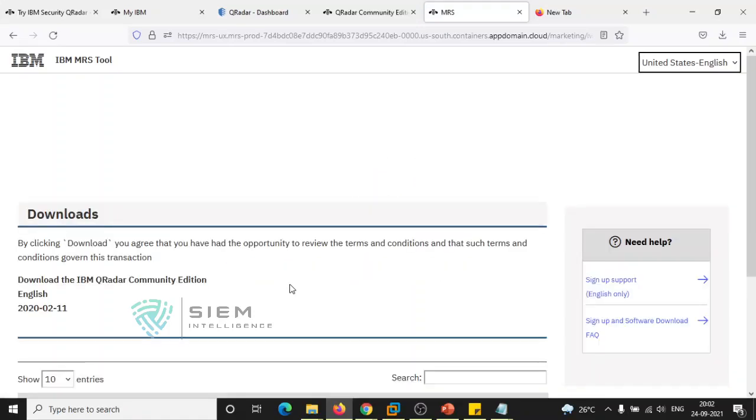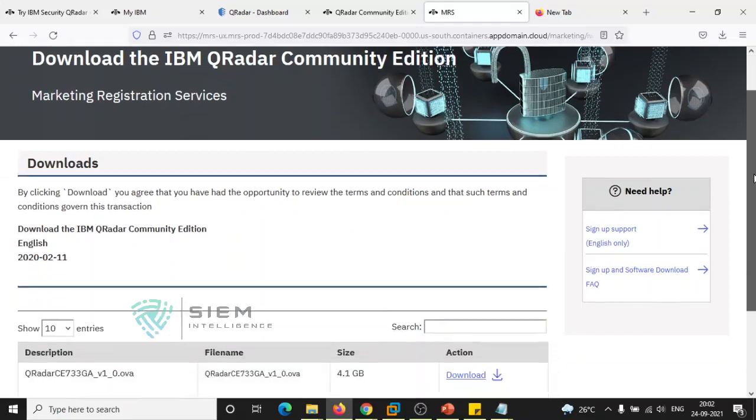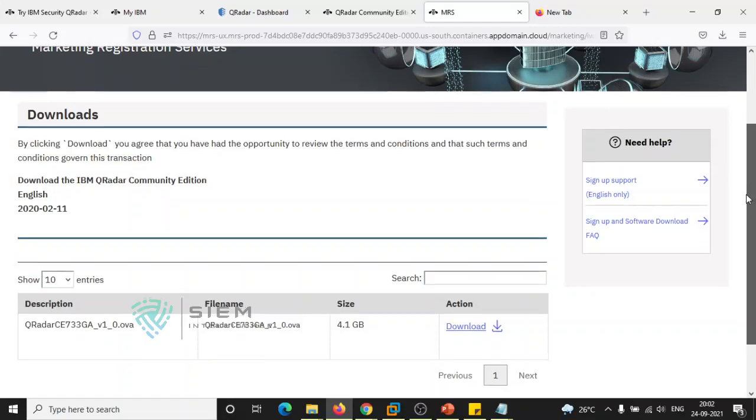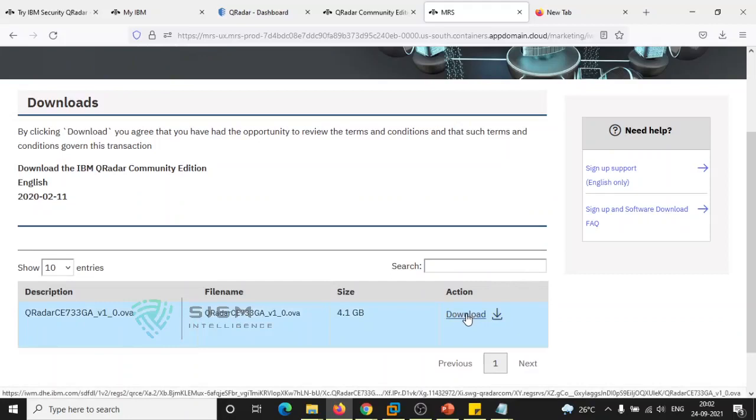Download it and keep it on a virtual machine. I recommend a virtual machine. You can use VMware Workstation, or you can download VirtualBox as you wish. Just download it, along with this. This is the OVA format, Open Virtual Appliance. It will install only in either a virtual machine or VirtualBox.